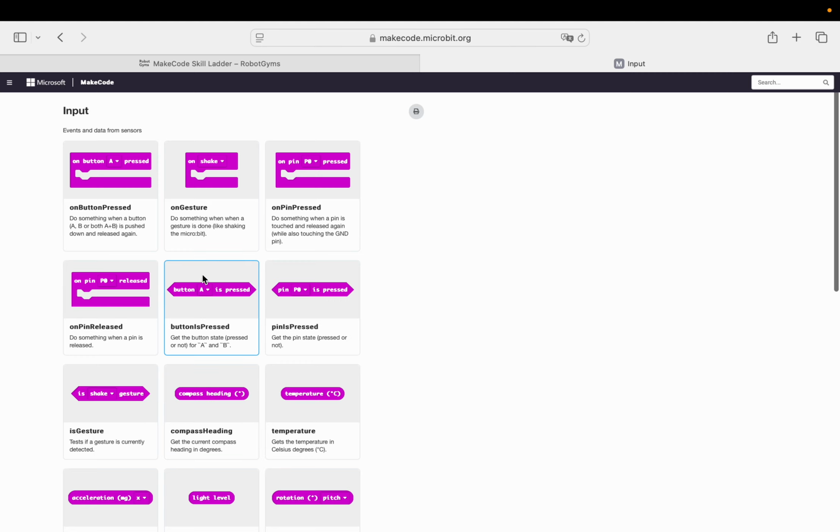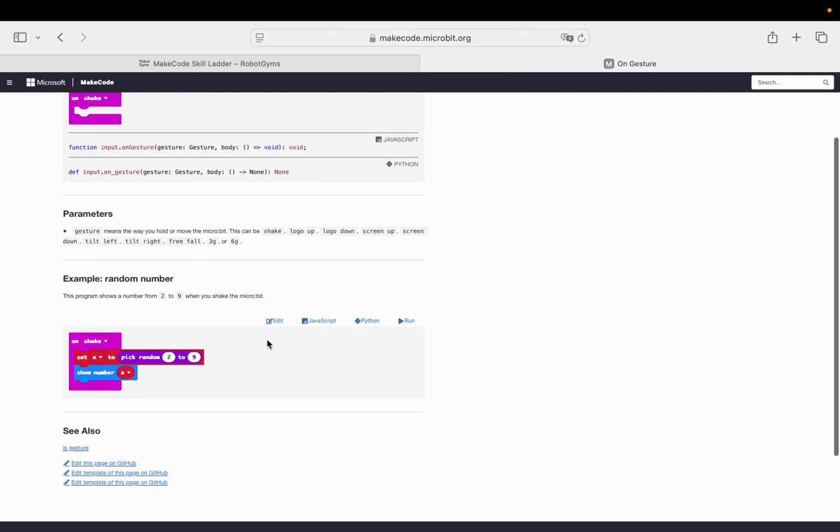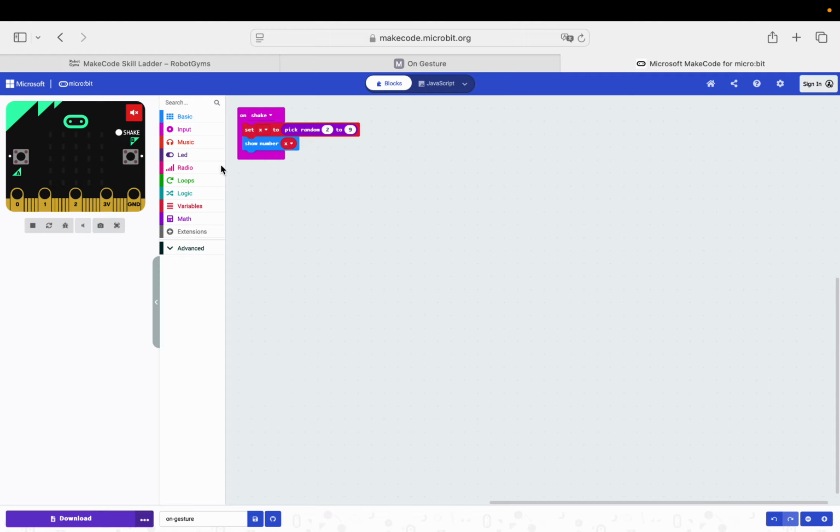So let's take this gesture control as an example, and you can click this edit button here. So then you go to the code section. You can see if you shake it, on shake,